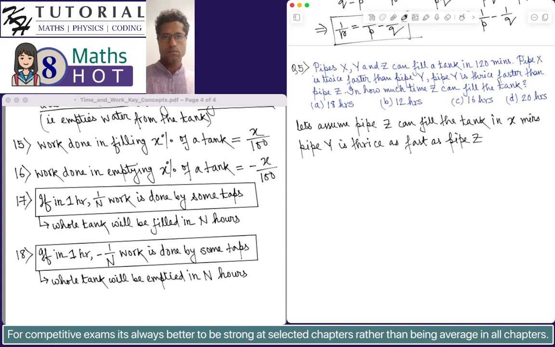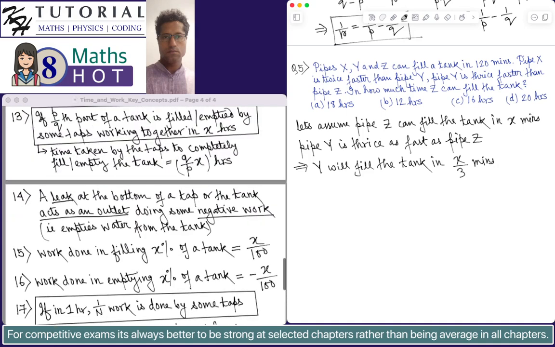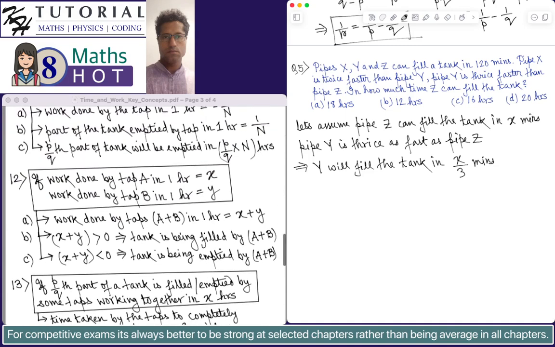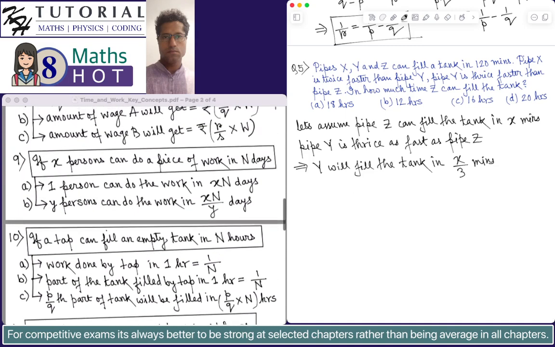So we can say that Y will fill the tank in, we have assumed that Z can fill the tank in x minutes, so Y will fill the tank in x by 3 minutes, as pipe Y is 3 times as fast as pipe Z. There is a concept that works both for pipe and tank as well as men and work. There was a concept in men and work I wrote,